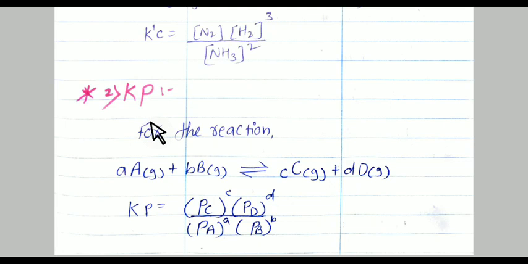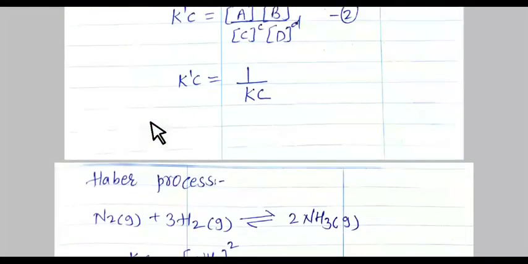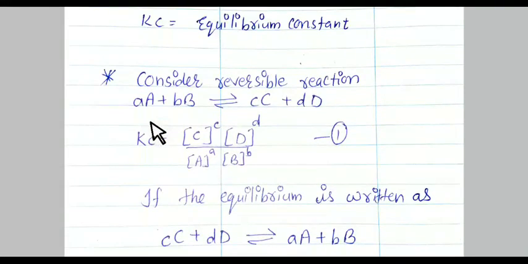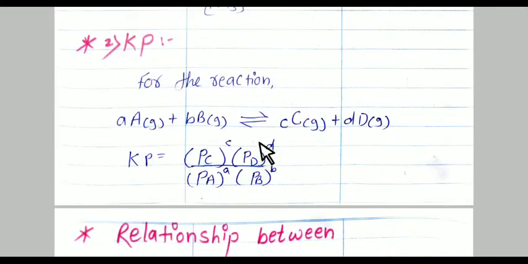So the equilibrium constant in terms of partial pressure, Kp, is equal to... see here what is changing in the formula of Kc and Kp. In Kc we have the formula: concentration of product upon concentration of reactant. Here, only the square bracket changes into a normal bracket, and P, meaning partial pressure, is added. The formula is the same. In the molar concentration formula a square bracket is used, and in the Kp formula a normal bracket is used.